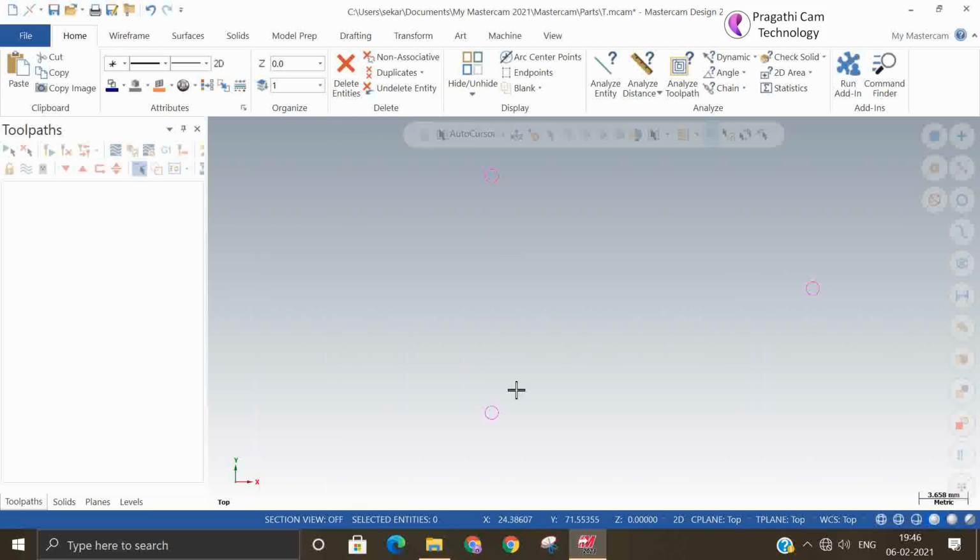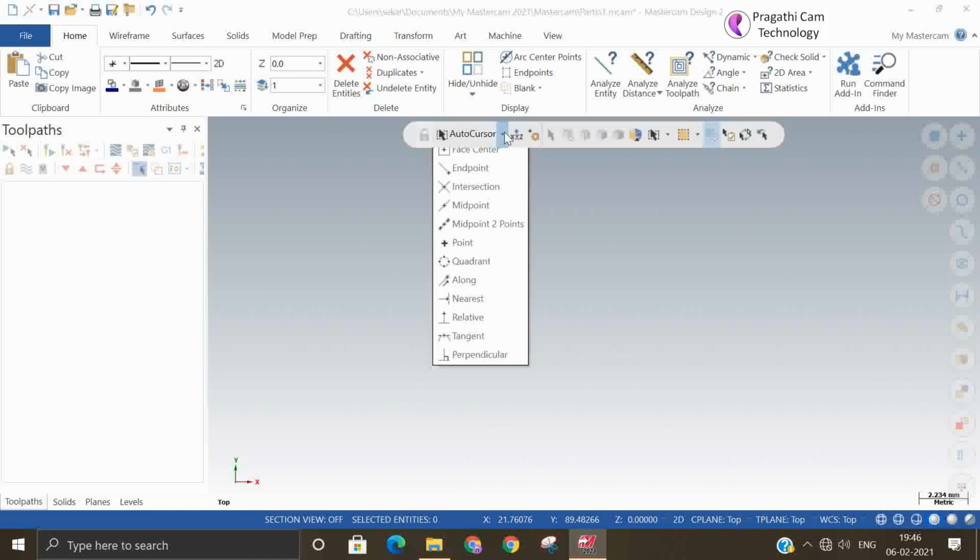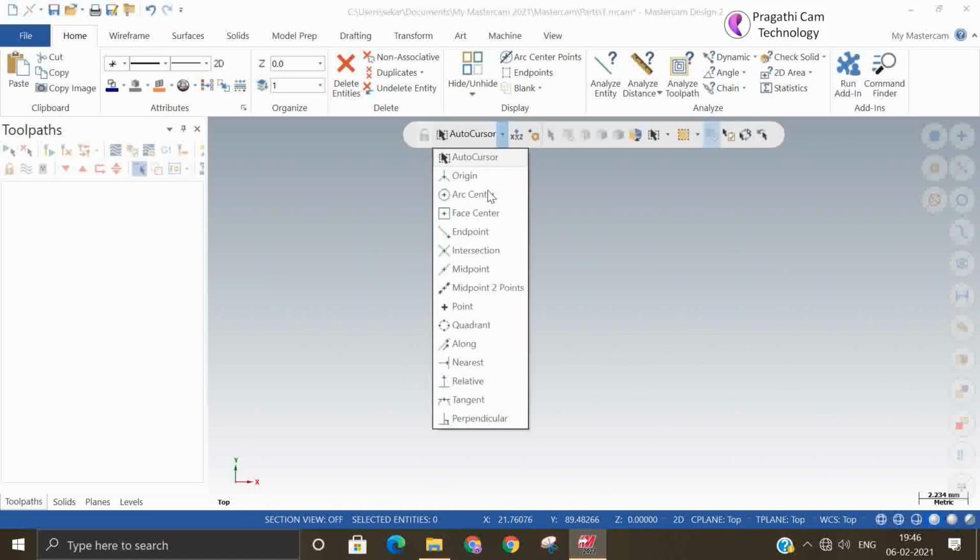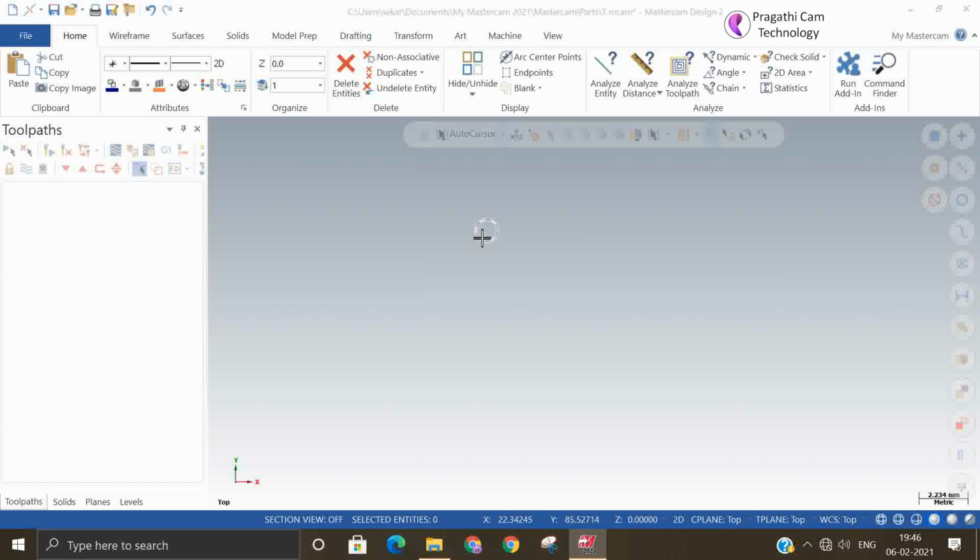Suppose if I select the point, there may be three options I can come across. One is center may be selected, otherwise the quadrant may be selected. Okay, so while selecting, because it's a very small circle, instead of the center point, you might have selected the quadrant, means then the entire plate will reject. So in that kind of situation where there is a difficulty in selecting the center point, you can utilize the small circle option.